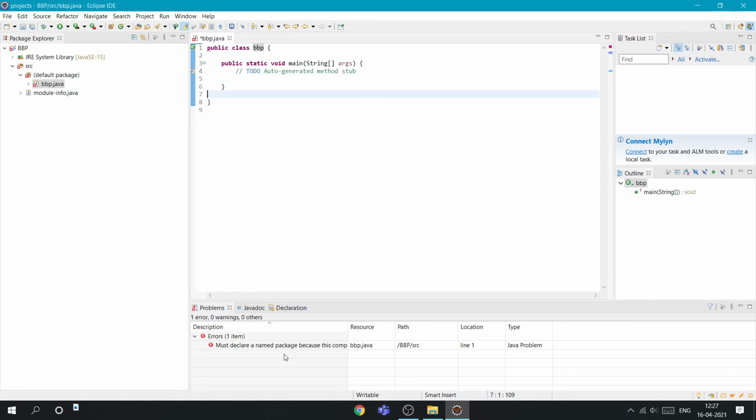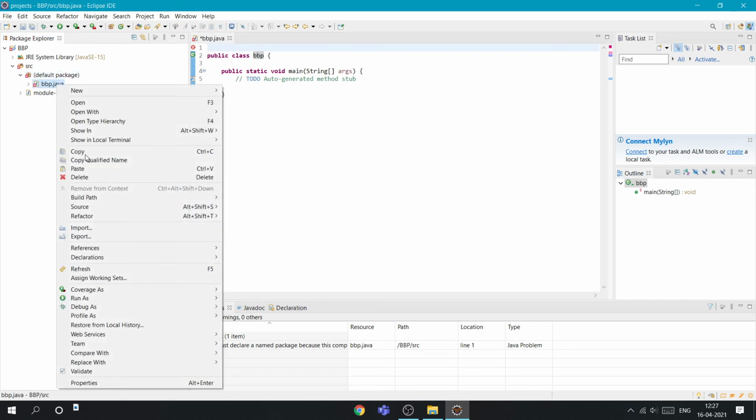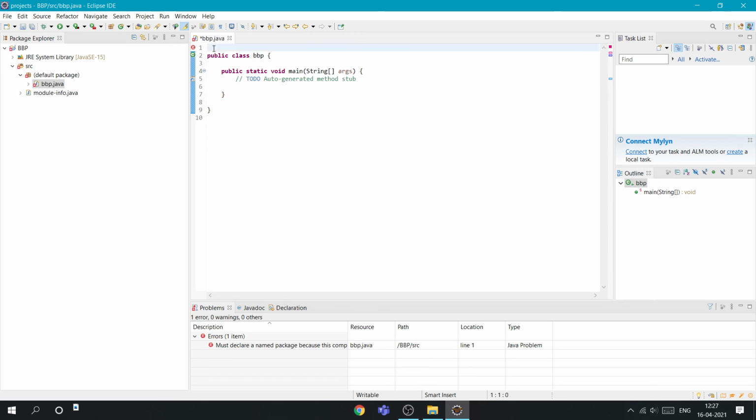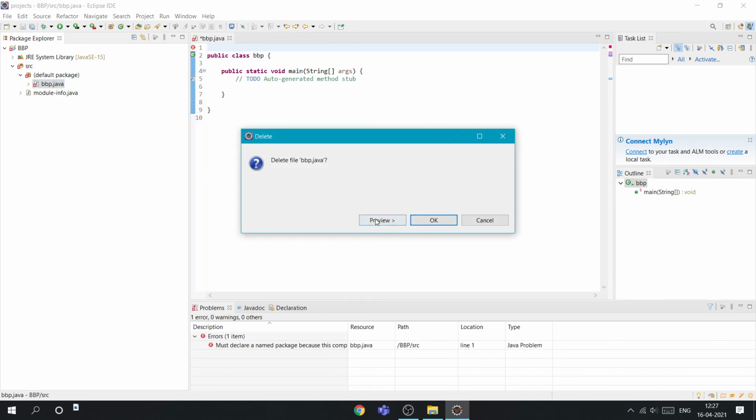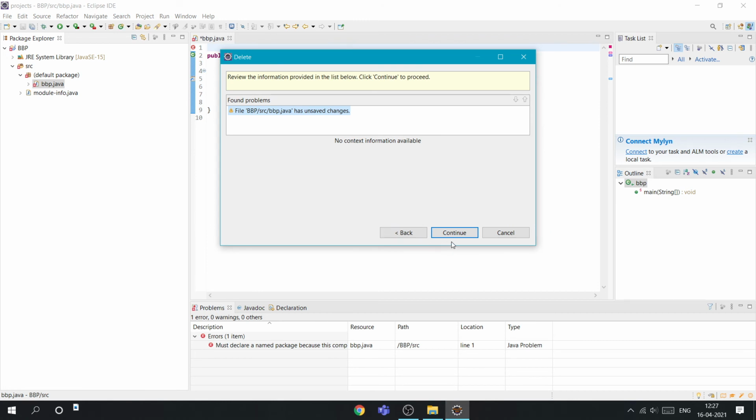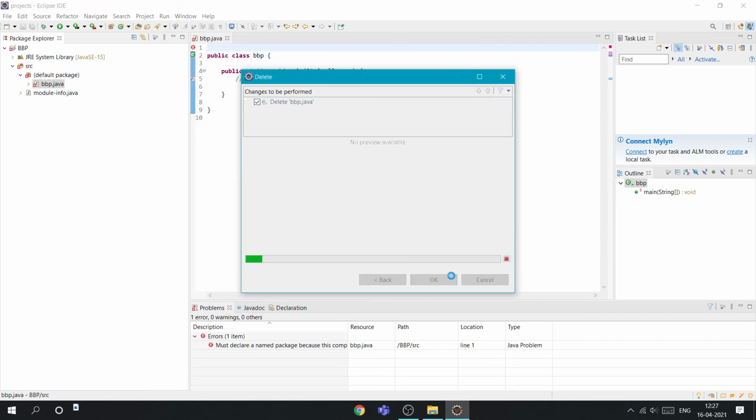Okay, it says you must declare a named package. Actually, set that package to default package, so no need of creating any package, but it is asking. I'm just deleting it.